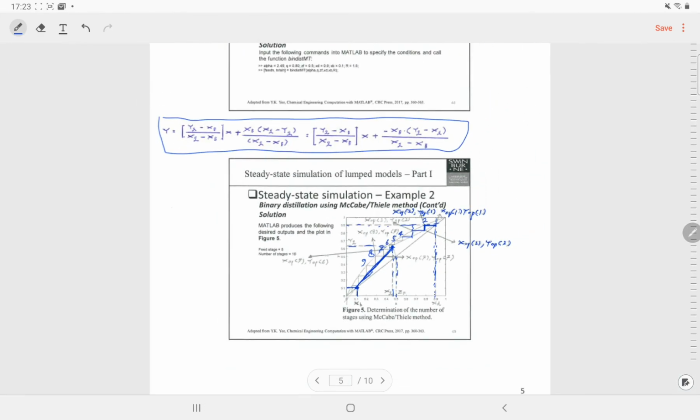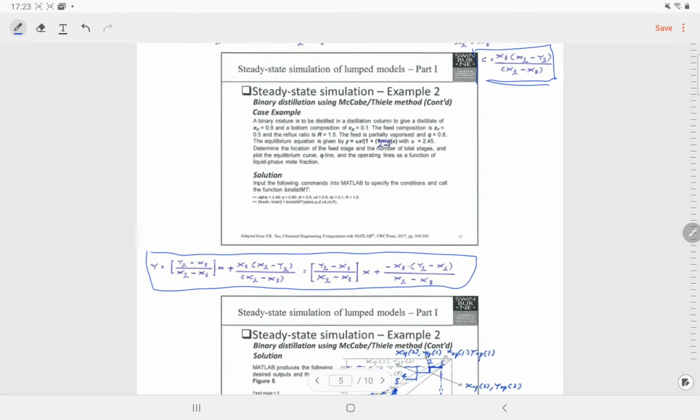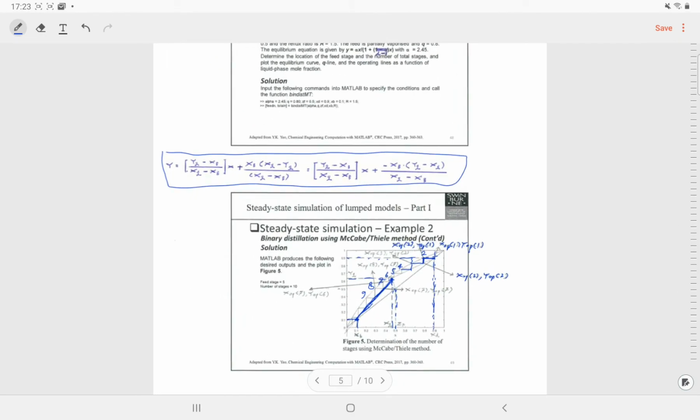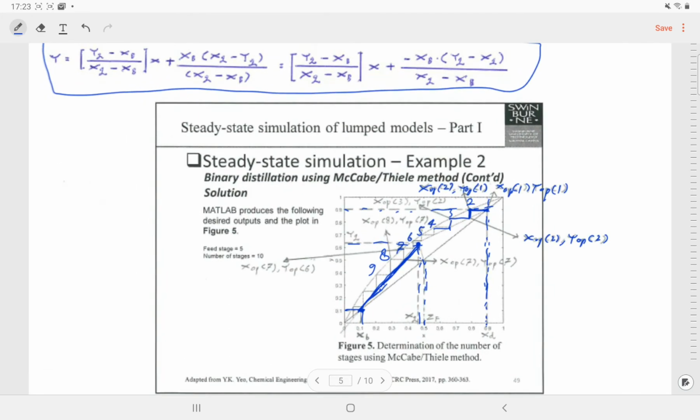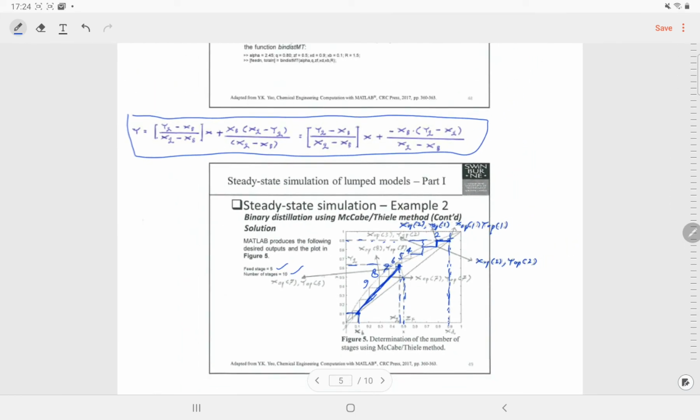So using all this logic, you will be able to use a MATLAB code and determine that your feed stage is at the 5th tray from the top, and the number of stages required to carry out the separation will be 10 stages.